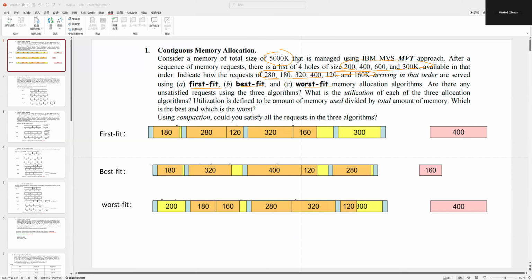So the total size is 5,000 K, and there are four holes, which means if you count all the holes' memory, you can get almost 1,500. So which means they already have 3,500 to be used. So before we start on the details,